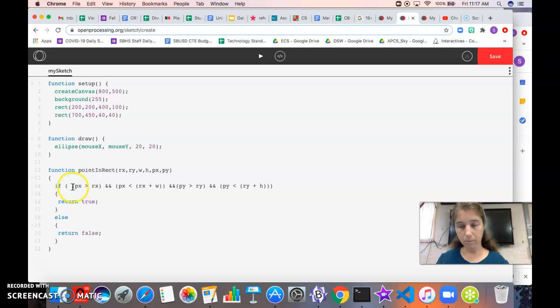So the way this if statement works is we first check to make sure that our point's x coordinate is bigger than the x coordinate for the left-hand side of our rectangle. So we know that if our point is inside the rectangle, it has to be to the right of the left-hand side. Then we want to check to make sure that the point's x coordinate is to the left of the right-hand side. So the right-hand side coordinate is determined by the left-hand x coordinate plus the width of the rectangle. So we have to make sure our point's x coordinate is less than that. And then we